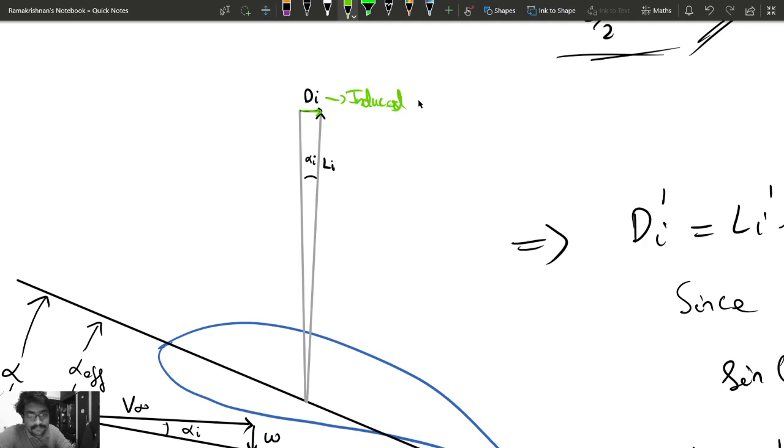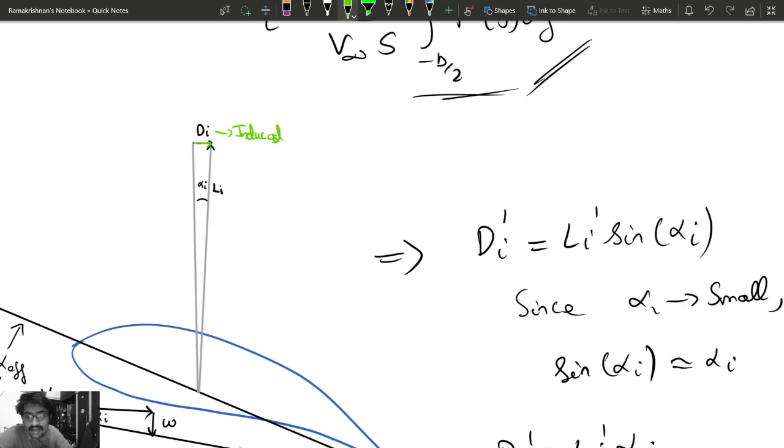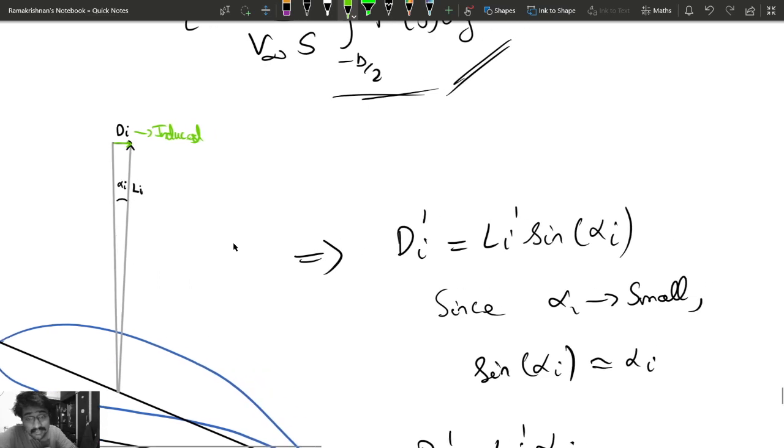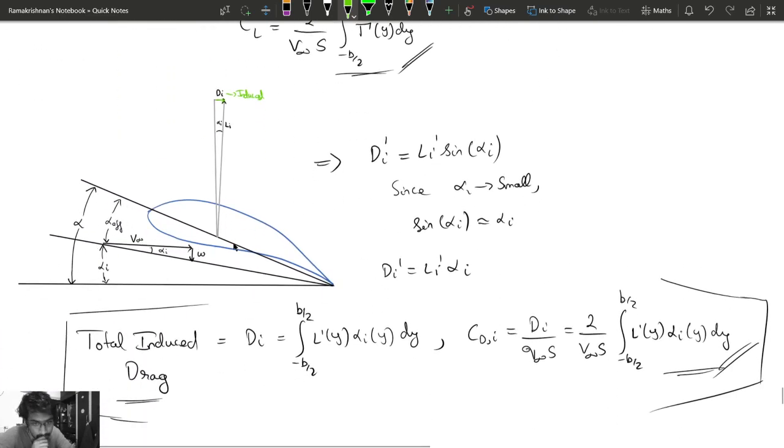So from this figure we can say that Di is nothing but Li times sine alpha i. We take this span-wise quantity, so Di prime is Li prime times sine alpha i, and we can see that alpha is very small because the downwash is very small compared to the free stream velocity. So Di prime is nothing but Li prime times alpha i, and we have the expression for alpha i, and we also have the expression for